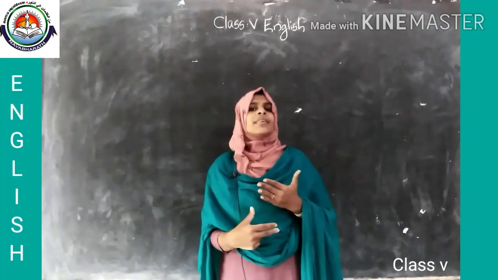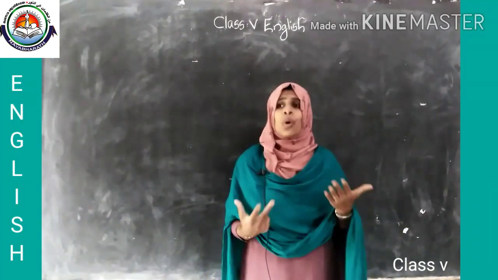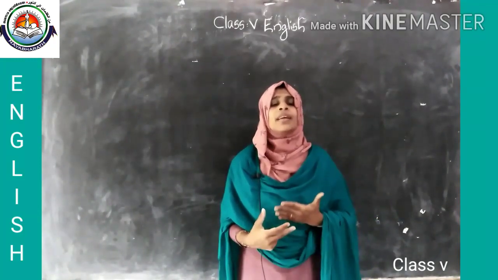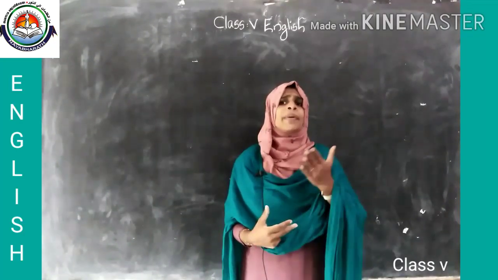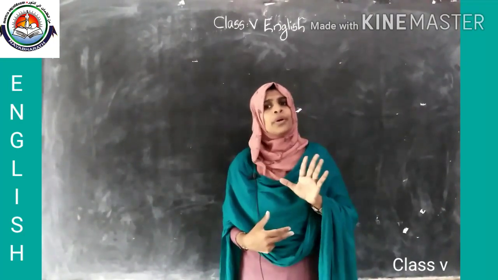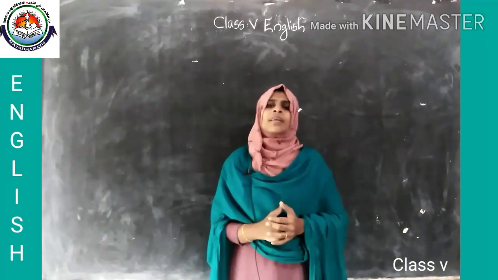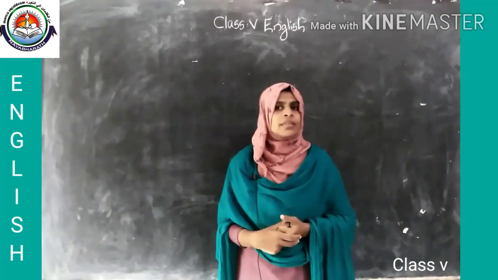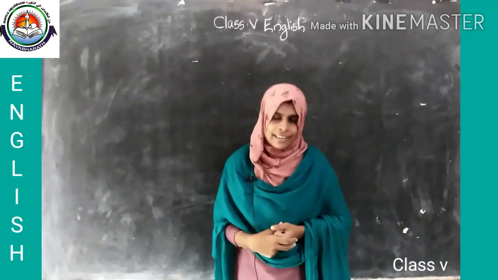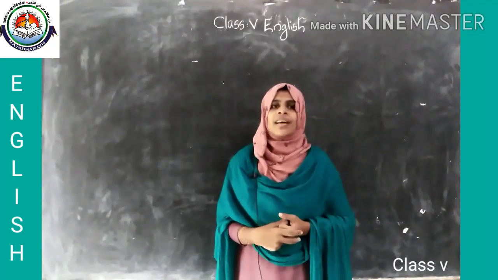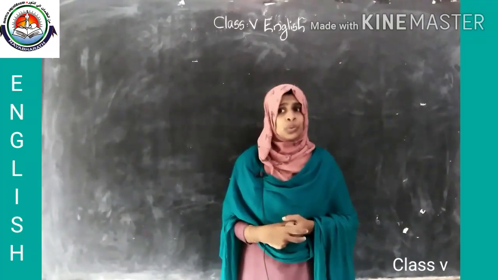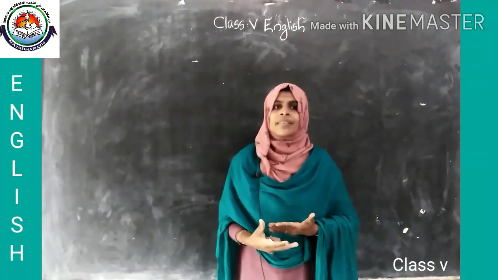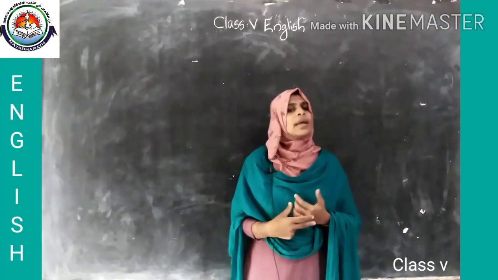Okay, in the family member description we have already written a journal entry about whom? About a family member. Okay, how many paragraphs are there? There are 4 paragraphs. Okay, then tell me, what are we writing this week? Yes, we are writing a journal entry about a family member. We are writing a description about a family member.